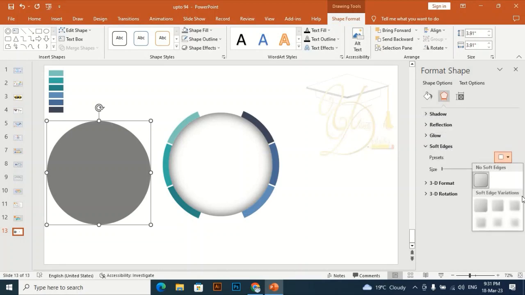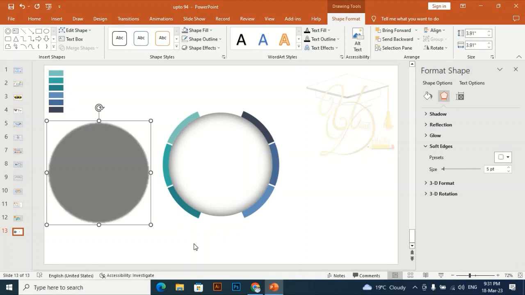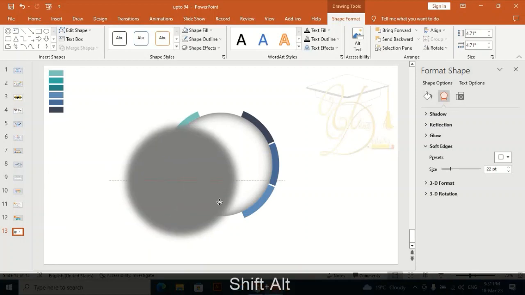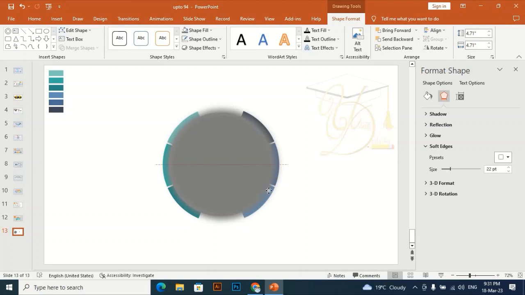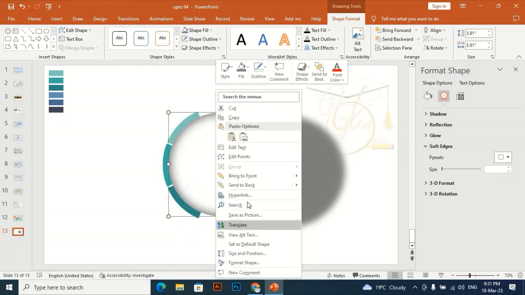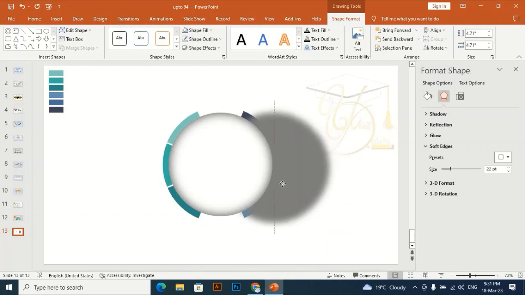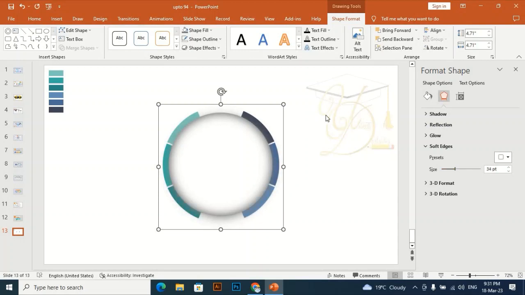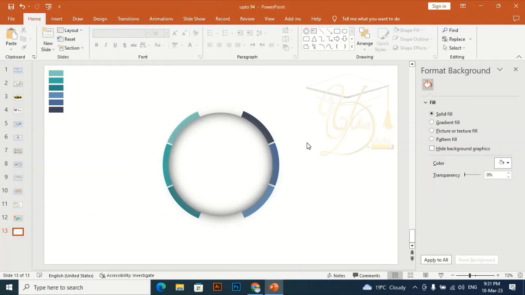Yes, this one, and select one of these, and I'm going to make it size 2. I think 22 will be okay. Let me make it a little bit bigger in size and put it under the whole shape, and this will give the shadow effect to the top whole shape. Let me make its size a little bit smaller. Okay,